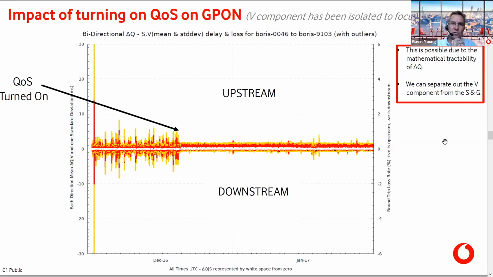So here's an example. This was a PON network on one of my colleagues' lines in Italy, where we absolutely bombarded both the upstream and downstream with video traffic to load up the connection on the network, and then we turned on quality of service prioritization on his particular PON line. This is a bit of a dramatic example, but you can see the benefits there. You turn on the QoS and you get lower and more consistent latency of that component, and that's the scheduling doing what it should.